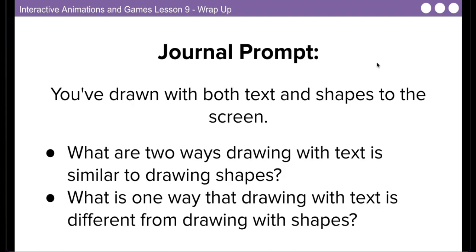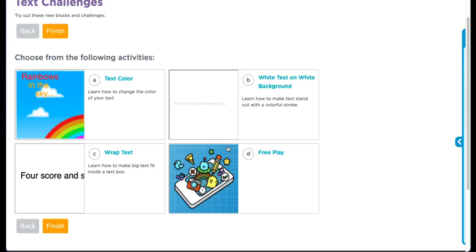I found the second question to be the more difficult to answer. What is one way that drawing with text is different from drawing with shapes? One possible difference is that it is more difficult to control the exact size of text, since the amount of text and font size are not as specific as the height and width parameters. When you're controlling the text,